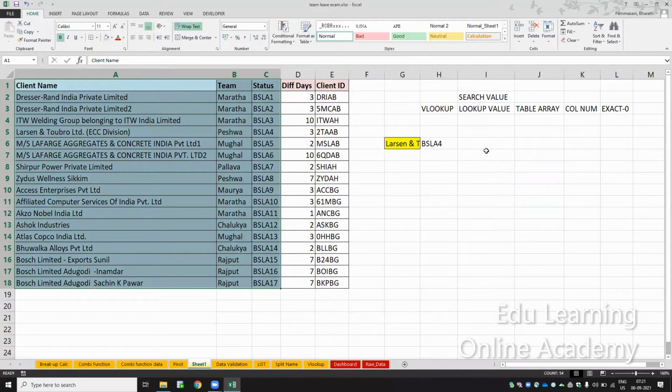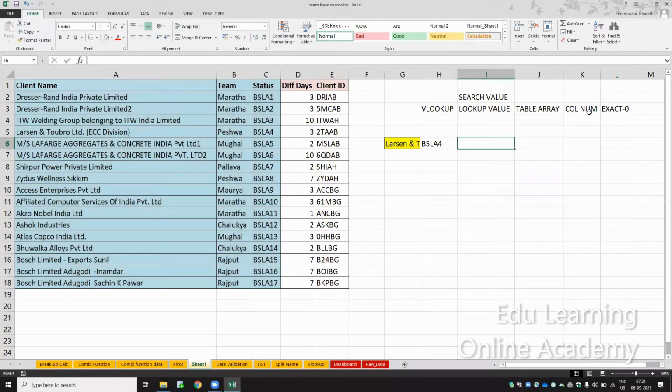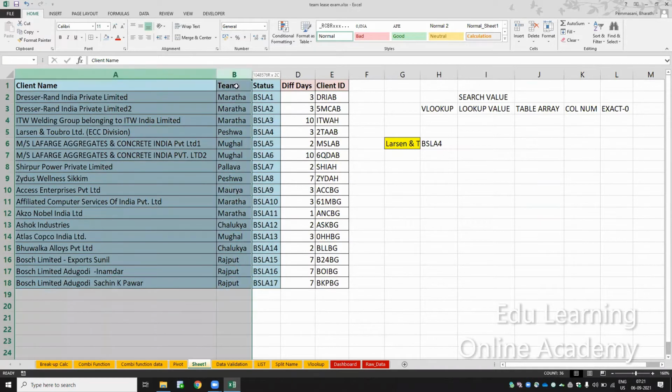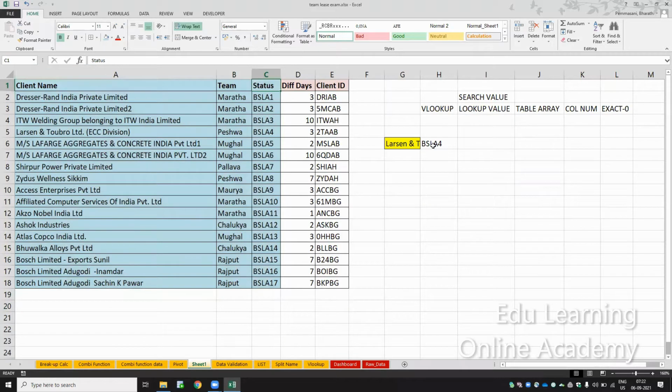And column number. Which column do you want? I want the third column value, this value. So this is column number 3. And how should it match? Always 0, exact match. So this is the syntax.